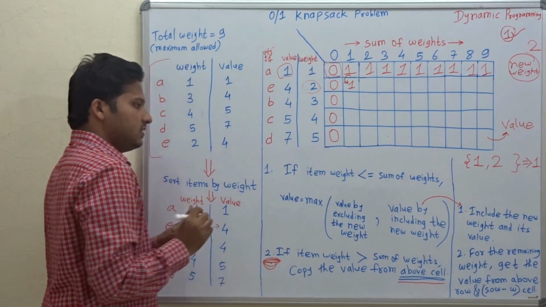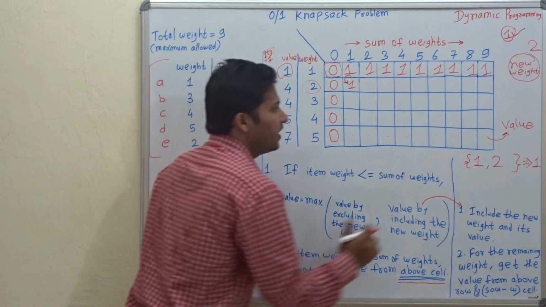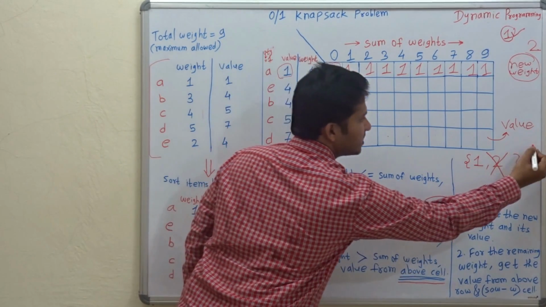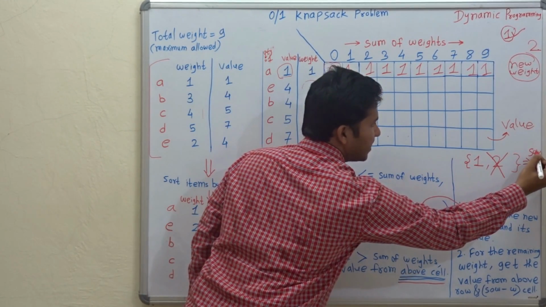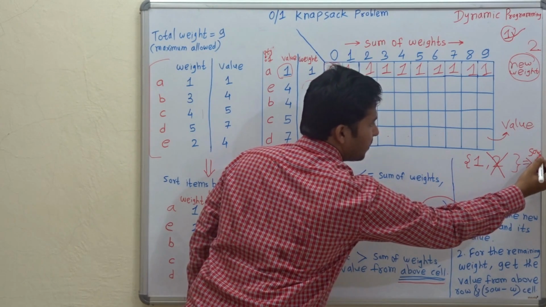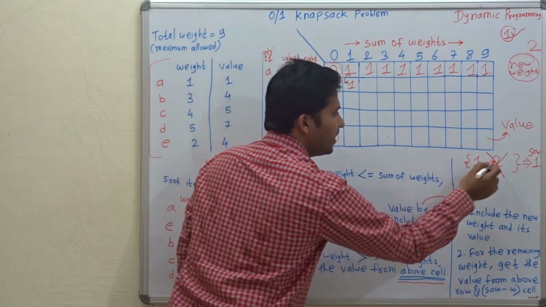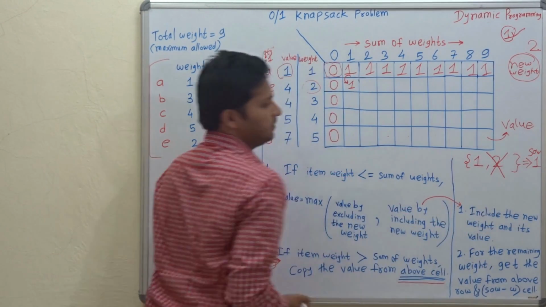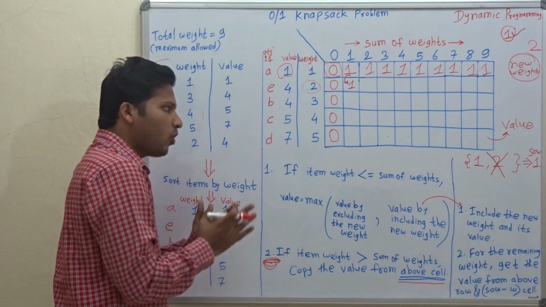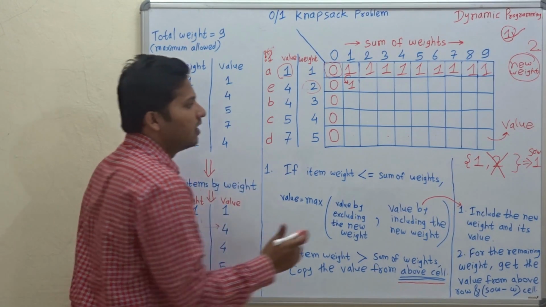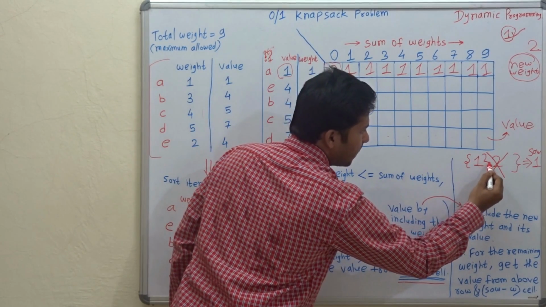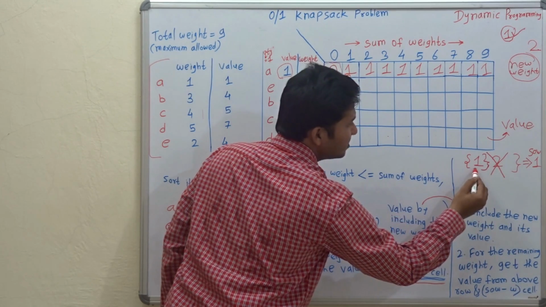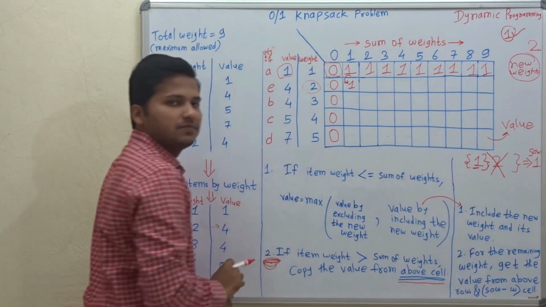Okay, yes, obviously the new weight 2 cannot contribute in forming the sum of weight. I will write it here as SOW, that is the sum of weight. So the new weight 2 cannot contribute in forming the sum of weight 1. Yes, so this problem looks similar to forming sum of weight 1 by using weight only 1.